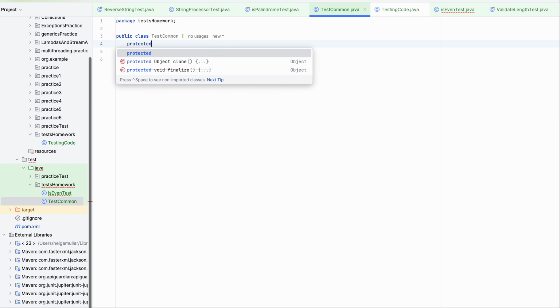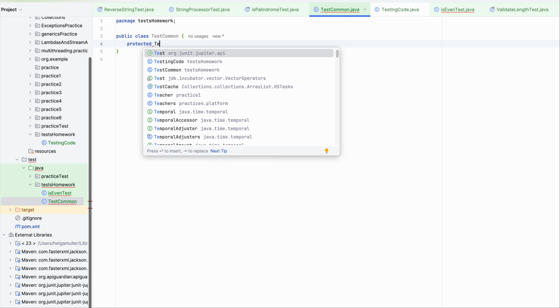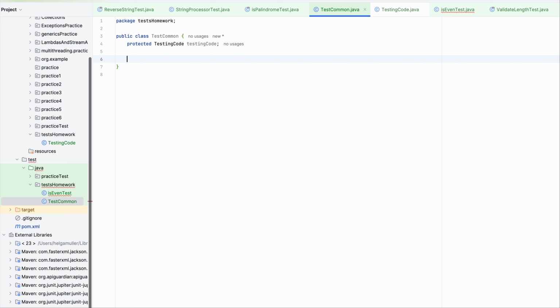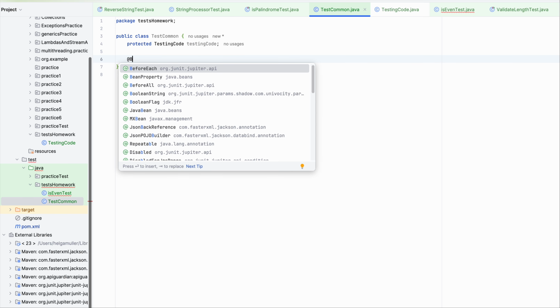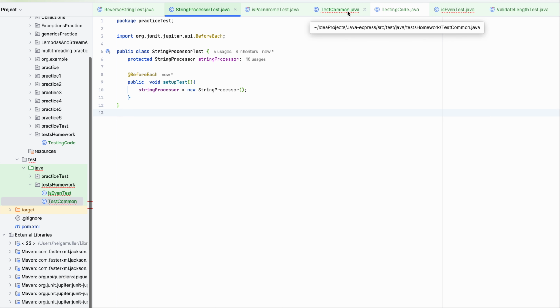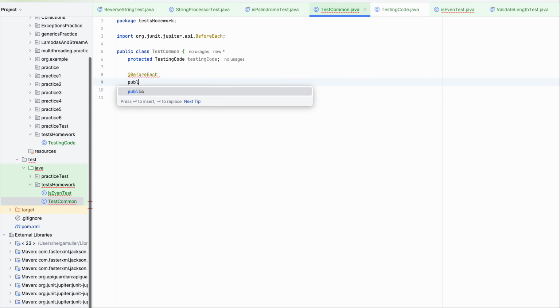Protected testing code, and before each let's create an instance. What's wrong here? Why should I remove it? Okay, public void